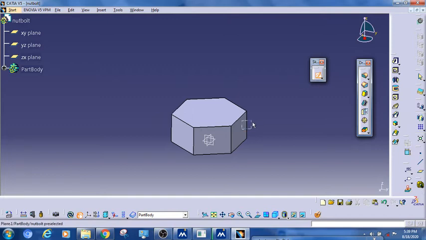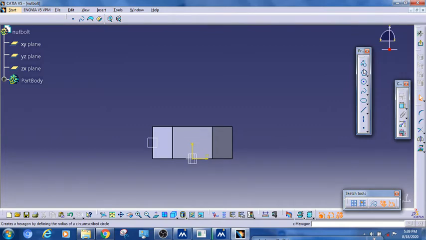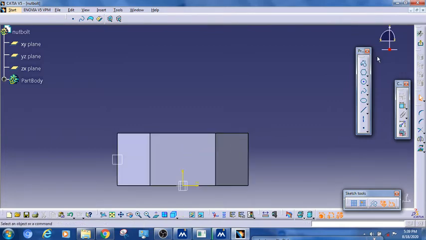Okay, now I'll just select a new plane and I'll create a small triangle.